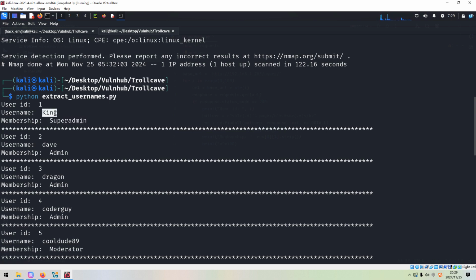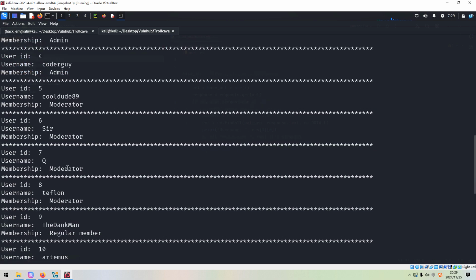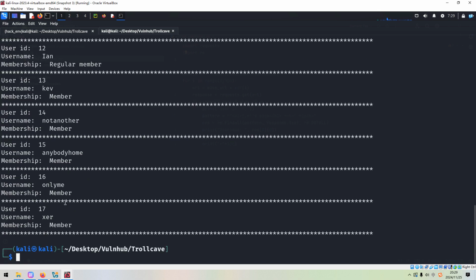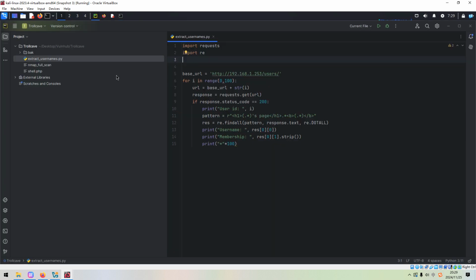The first user is king, and maybe this user has the most privilege because this is the super admin, and there are some other users: the moderator, regular member, and also the member. So I think you have got an idea. Python can play a very great role in enriching web applications. The code is not so complicated at all.